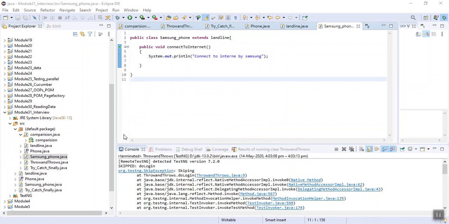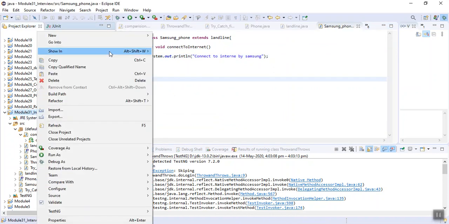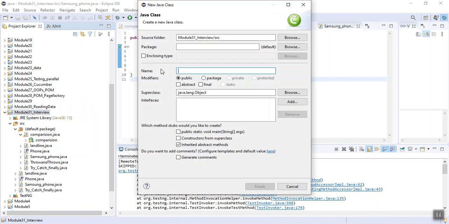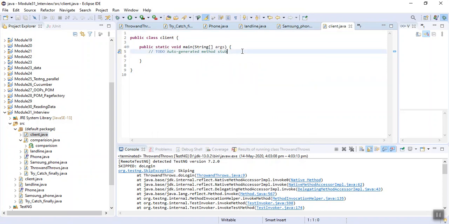Now I create one more class and name it, say, client, who will make the phone. Let's include main. I go inside it and create an object of phone class. Phone p1 is equal to new landline phone.